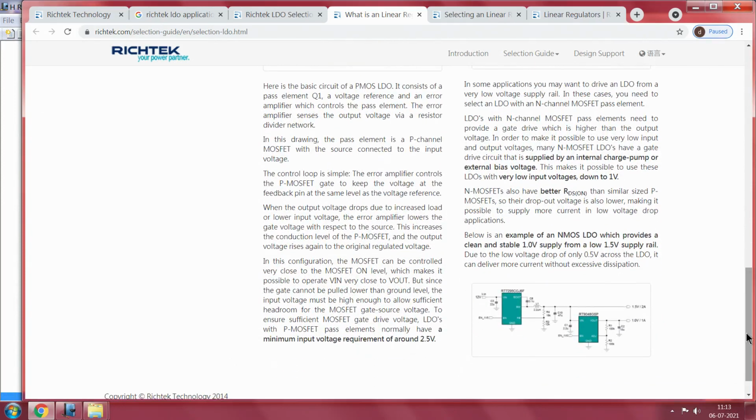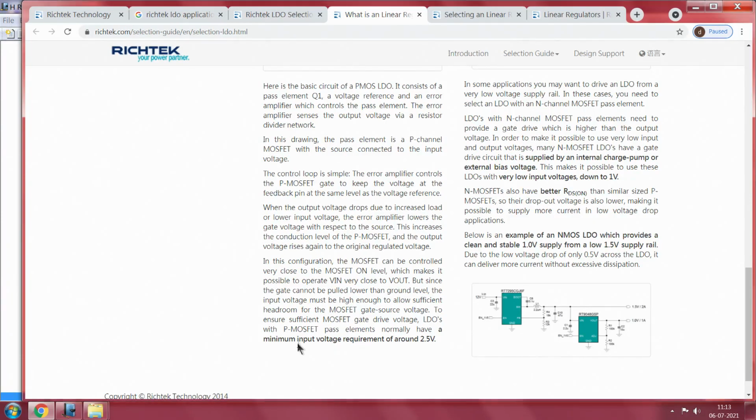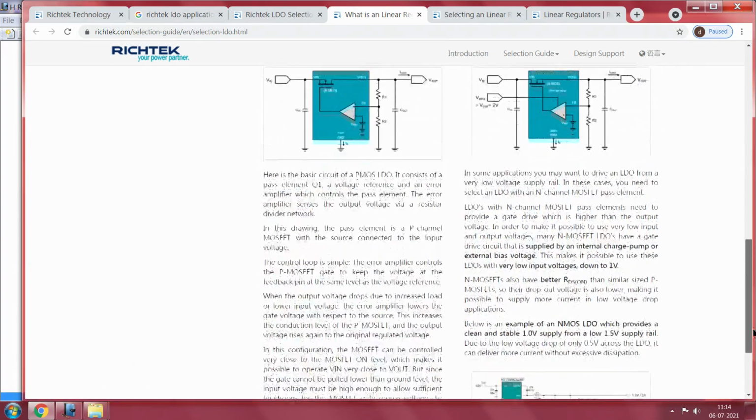Whereas PMOS is also good, but when you see an LDO in the range of 3.3 volts or 5 volts and so on, you can be more or less sure that those must be the P channel type of LDOs. So that is essentially what this document is saying. You can see he writes in bold here that a minimum input voltage requirement of about 2.5 volts is indicated. Now this picture is interesting. I will come to this picture because that requires a separate discussion.